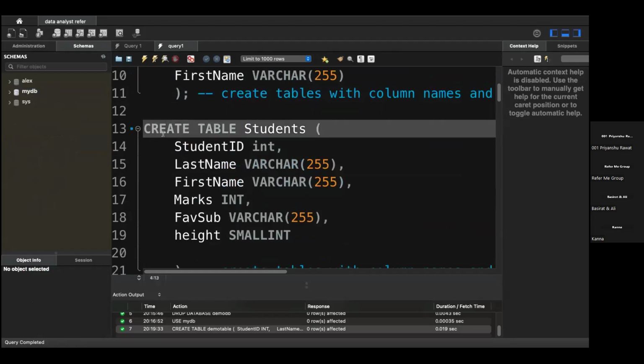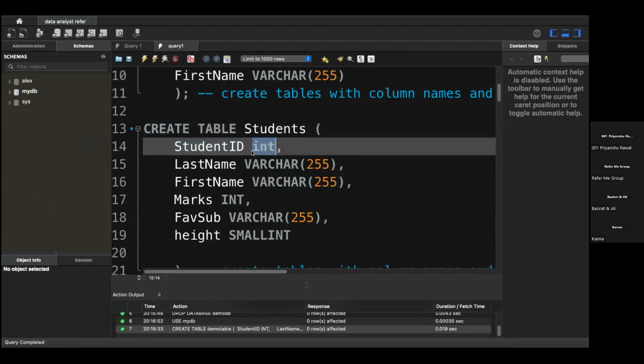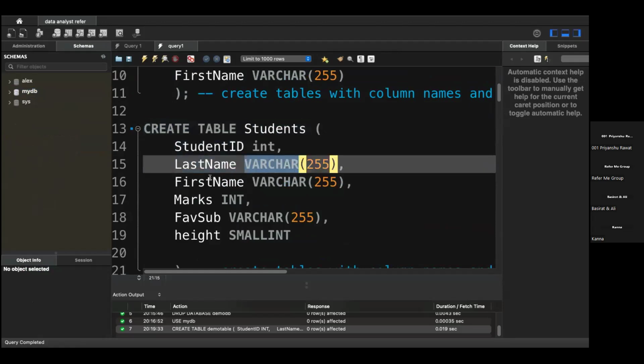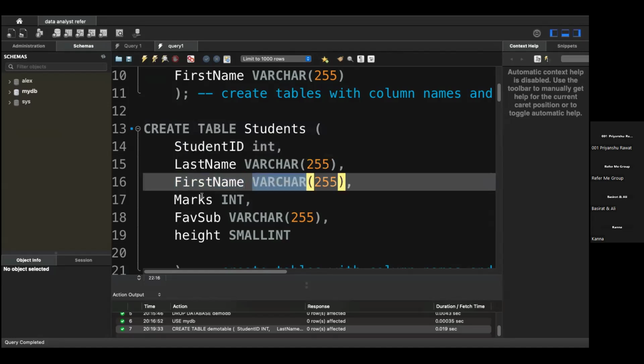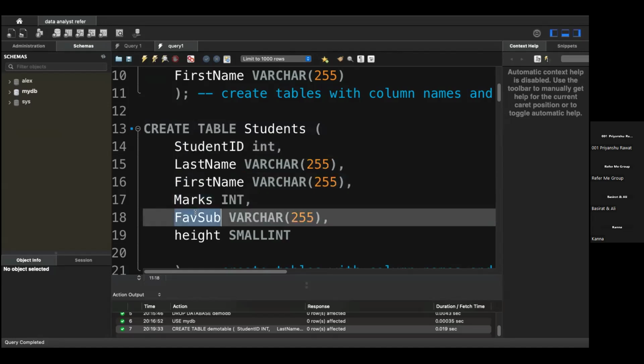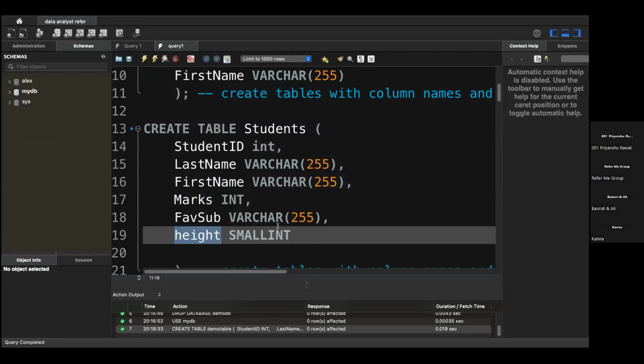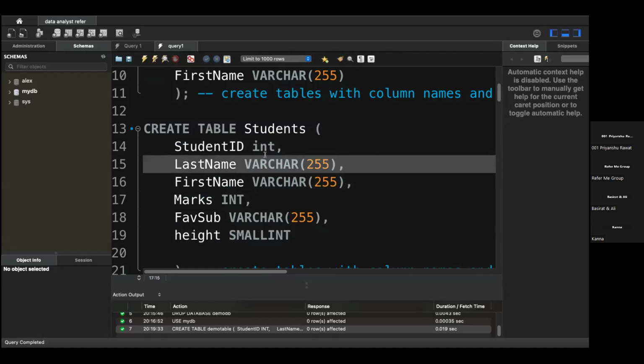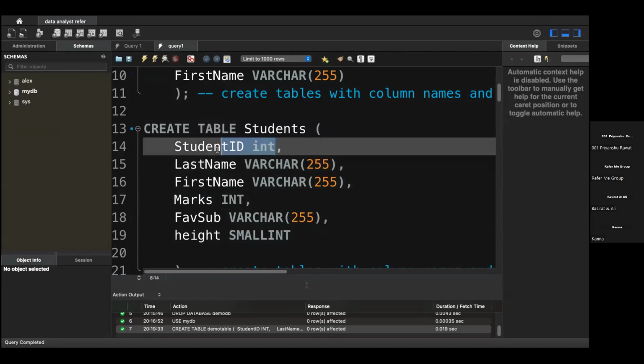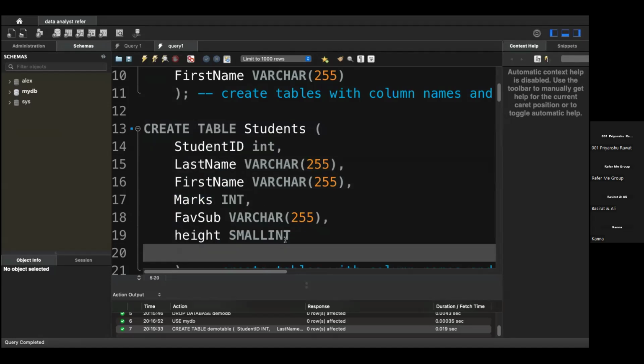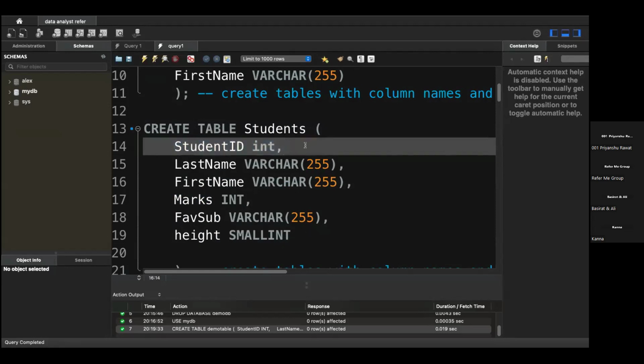Now let's create another table. So create table: student ID int, last name varchar, first name varchar, marks int, favorite subject varchar, height small int. Now what is this small int? It actually depends on the range. In int there is a bigger range. In small int there will be a small range. Why? A student ID can be of, let's say, this int has a range from